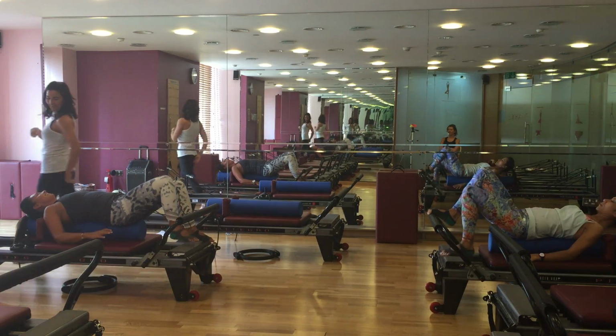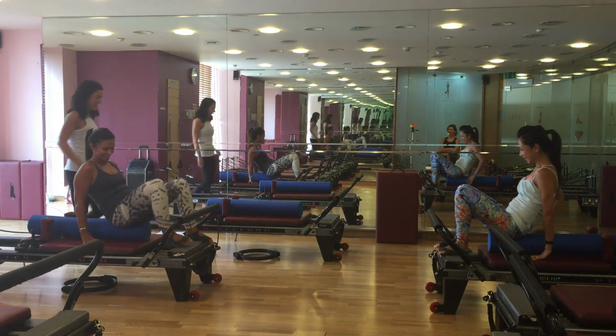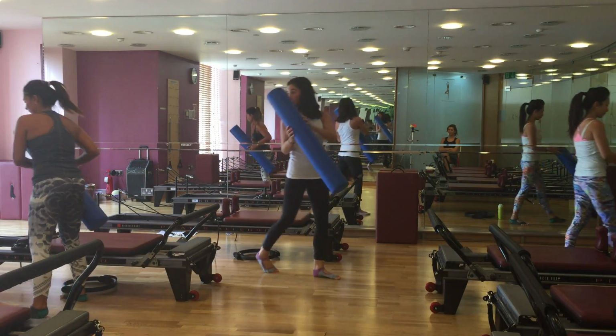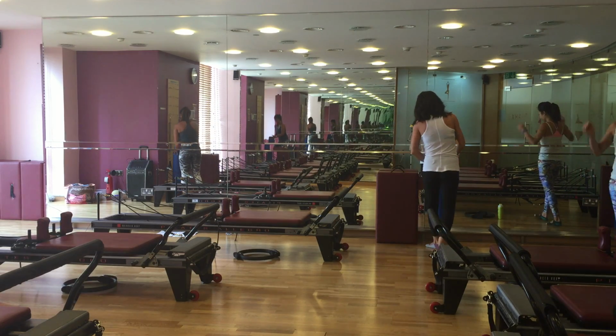Take a deep breath. That was very, very hard on your balance. Good job, guys. And then you can remove your roller. We're actually done with your roller for the remainder of the workout. And now